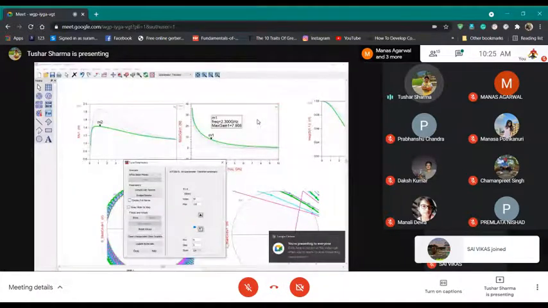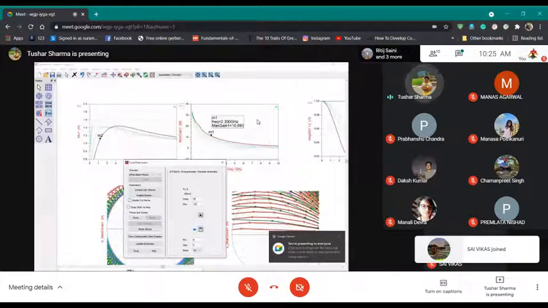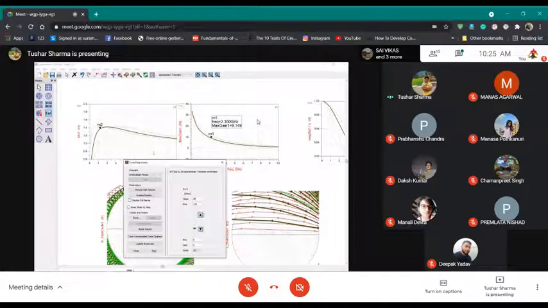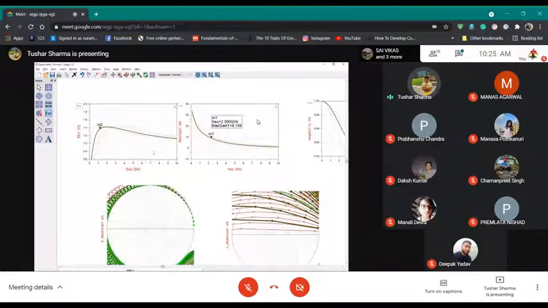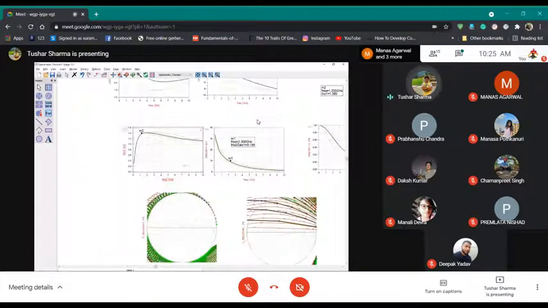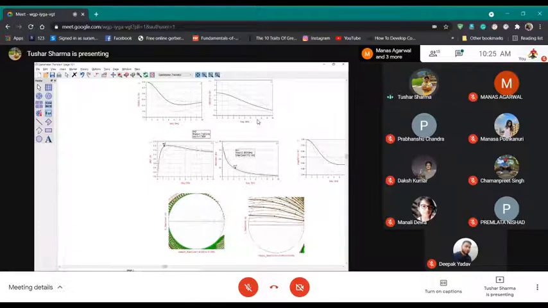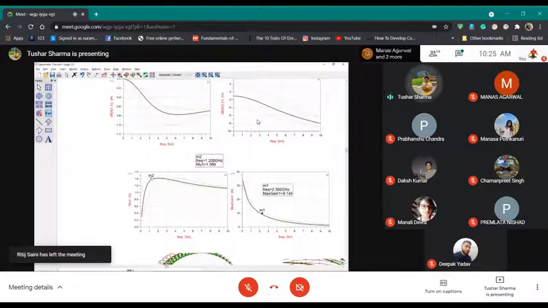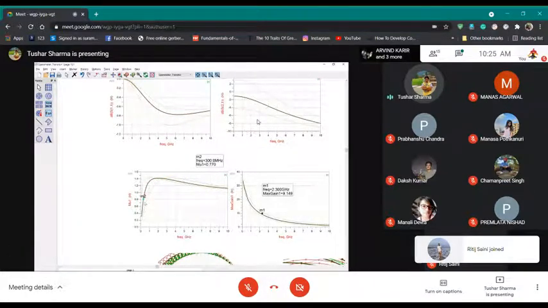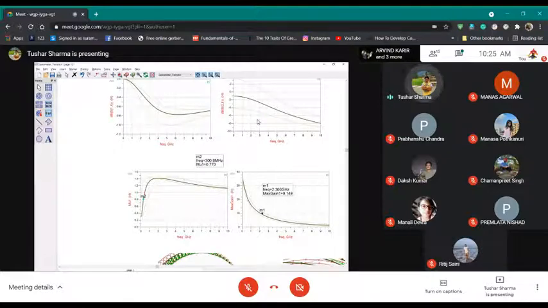When you decrease your resistance, your gain is increasing, but then again your stability is getting worse, especially at lower frequencies. You see, this is all good from 1.2 GHz to higher, but if you go to 400 MHz, your mu is less than 1, which means you will have a probability of low frequency oscillations.